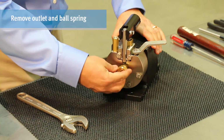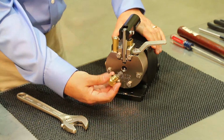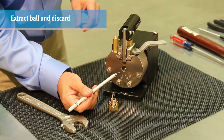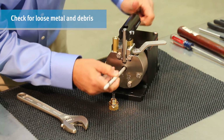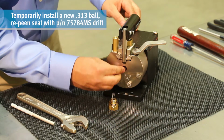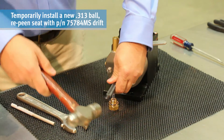Remove the outlet along with the ball spring. Using a magnet, extract the ball and discard. After removing the ball, reinsert the magnet to attract any loose metal as well as remove any other debris from the seat area. Install a new 313 ball and repeen the seat with a cupped metal drift, part number